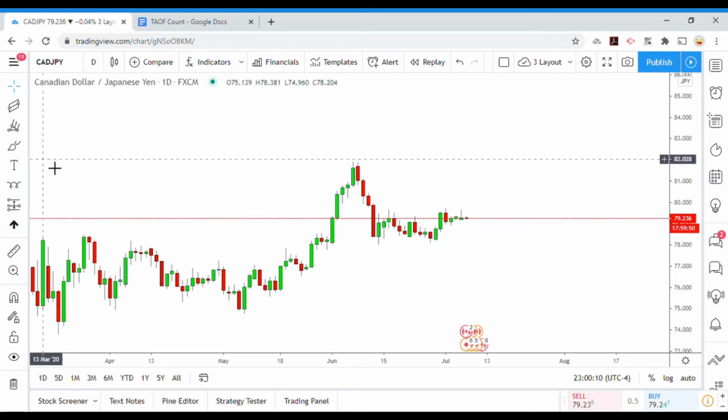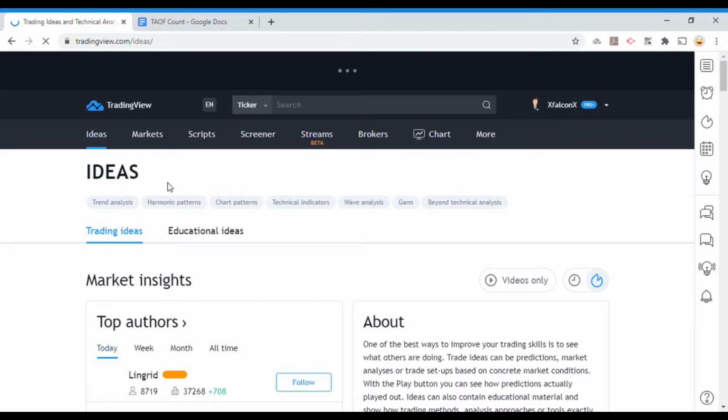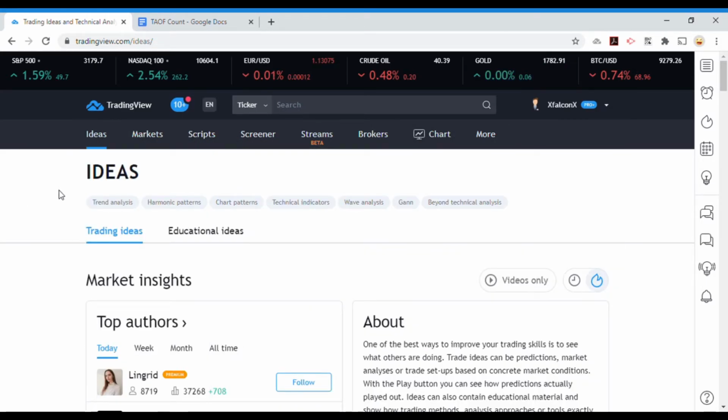And so let's see here. Let's look at this other really cool feature that I like about TradingView. If you go over here, you click on the little tab here, and you scroll down to more, and you go over here and you go to ideas, markets, or scripts. You can pick either one. Let's click on ideas. And it's going to pop up this screen right here. Now, up here at the top, you can go through and look at any one of these different things. Ideas. So this is